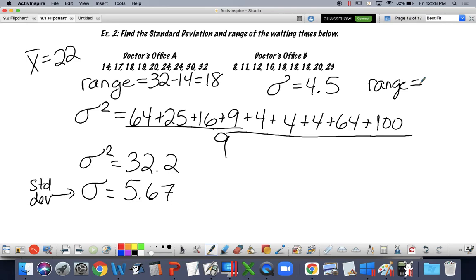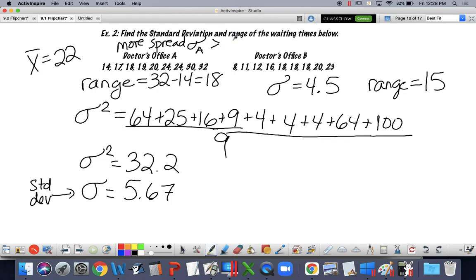Got it? Okay. The other data point that we were looking for was the range, right? Max minus min. So now that we have both of these data points from both data sets, which data set is more spread out? B. Which has a higher standard deviation? So this data is more spread out because the sigma for A is greater than the sigma for B.